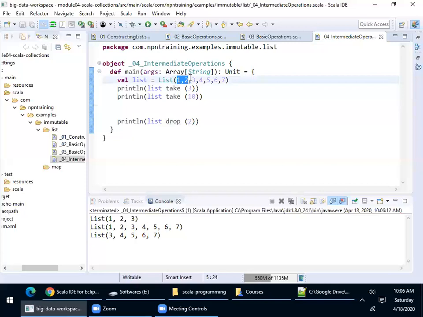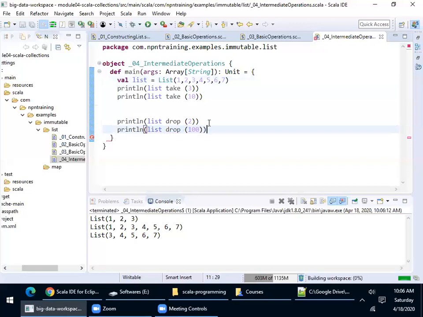Is everyone clear with this? Similarly, here also, if the n value is greater than the length, for example, here we have 7. If I try to give a value greater than the available, let's see what happens. Println, I'm trying to drop 100. We don't have 100, we have only 7.